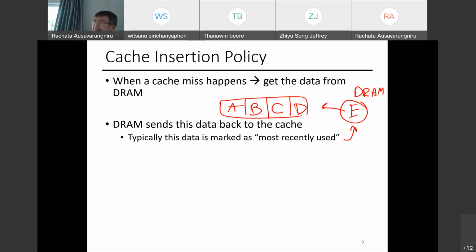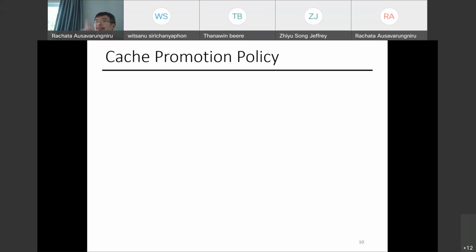So, insertion policy: we can use a different policy as well. Right now, by default, just assume that when you have an access, you insert into the MRU, or most recently used, position. Promotion goes the same way as insertion, but the only difference is promotion is not new data coming in. This is when you have a cache hit,